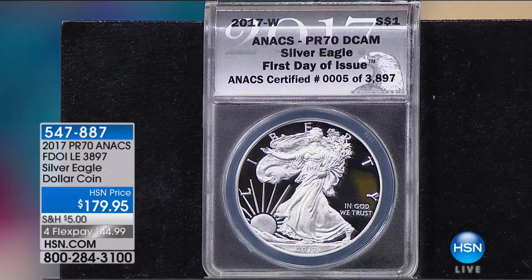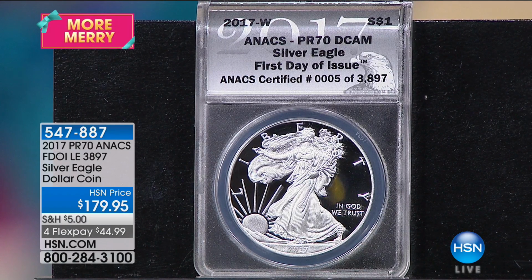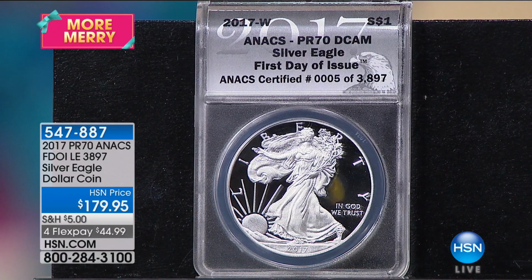The only thing is we are very limited on all of them, actually. Only a couple dozen to go around for sure. Okay, we are moving on. We're looking at